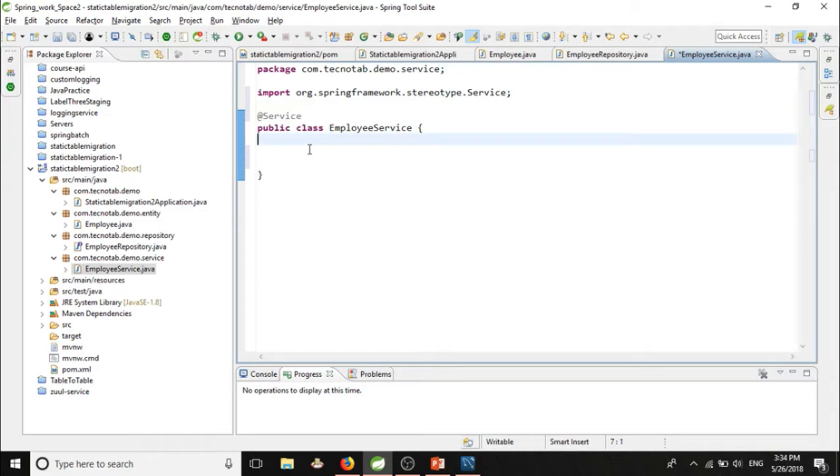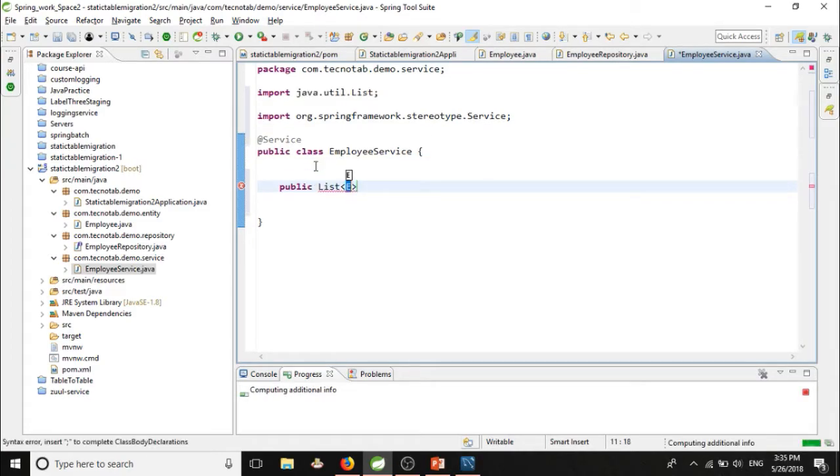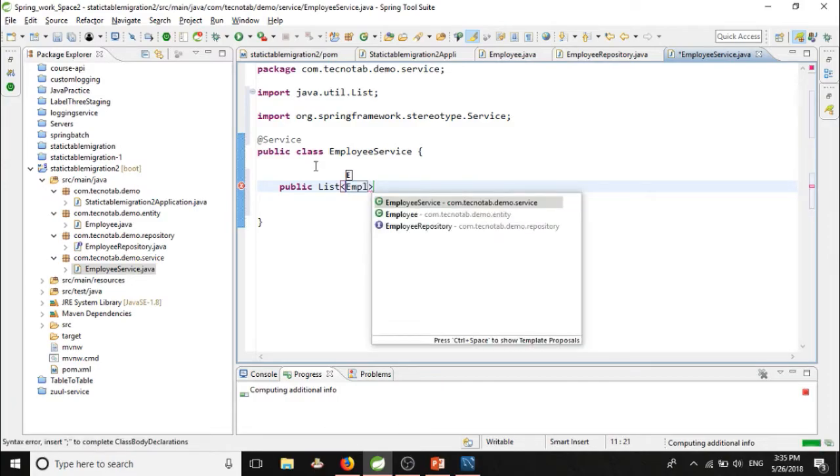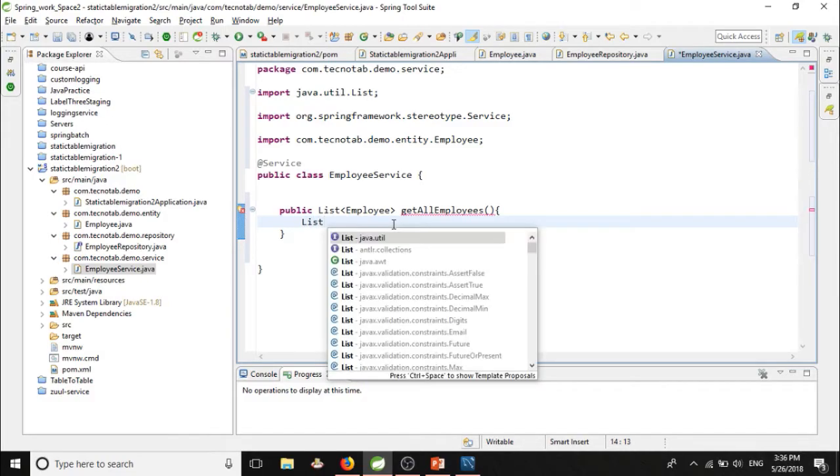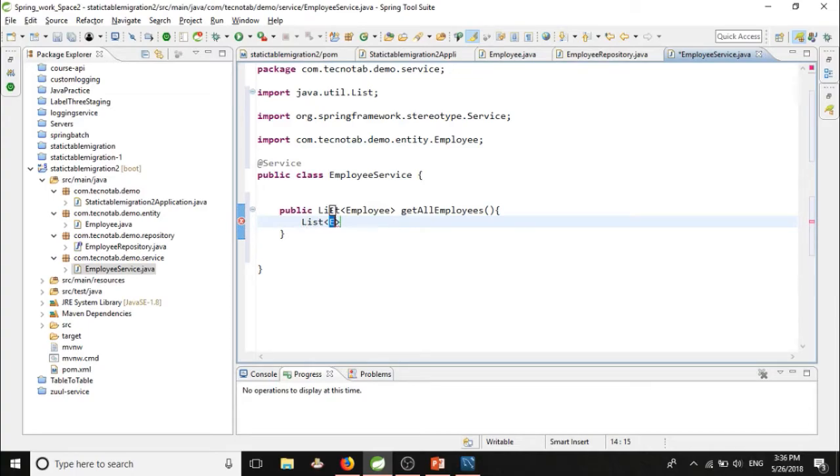So let's define a method here, and this list will contain employees. We have named it getAllEmployees. In this method, we want to fetch the list of all the employees.